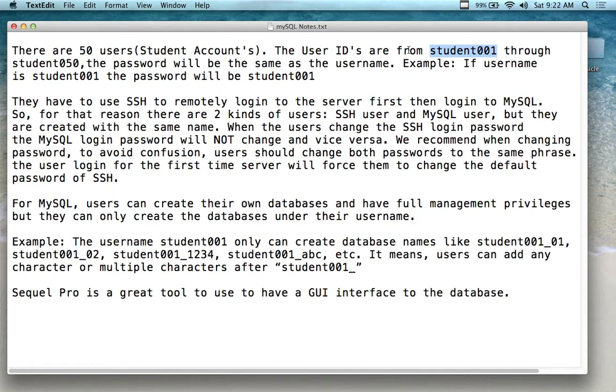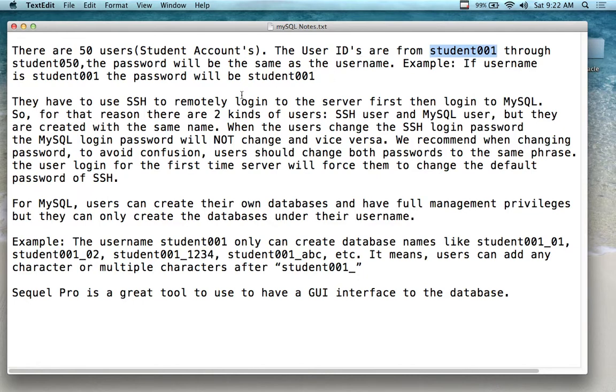So let me tell you how to do these numbers. So if you are student 001, you could just put student 1 if you want, but you have to remember 001. So there's 50 student accounts. They're numbered student 001 through student 050. Passwords are the same as your user number, as your username. This is your new username, student 00, whatever you are. Well, you're 021, 022, if that's the case, if you were in 2 digits, or 010. Okay, so your password is the same as your user number,